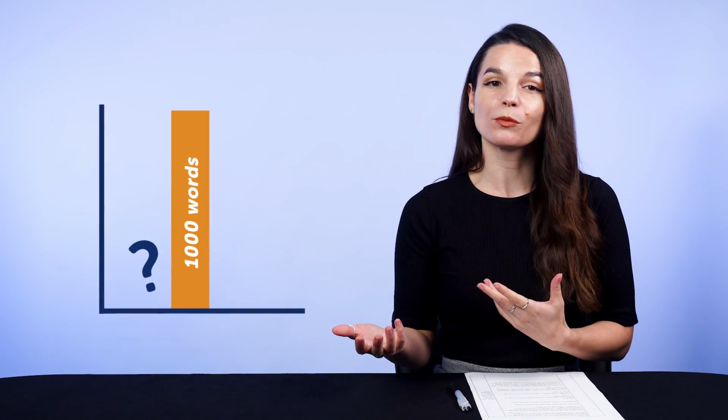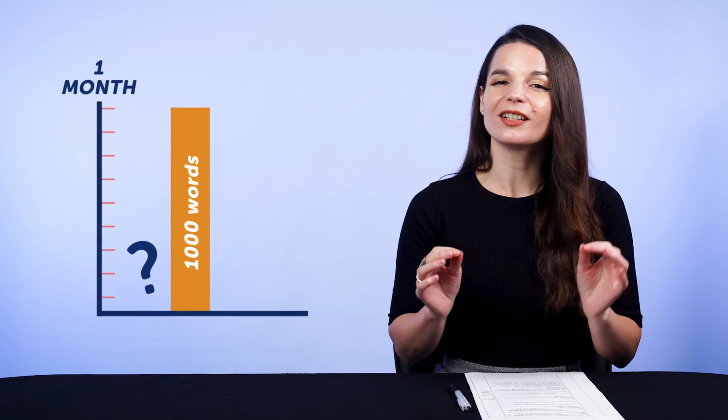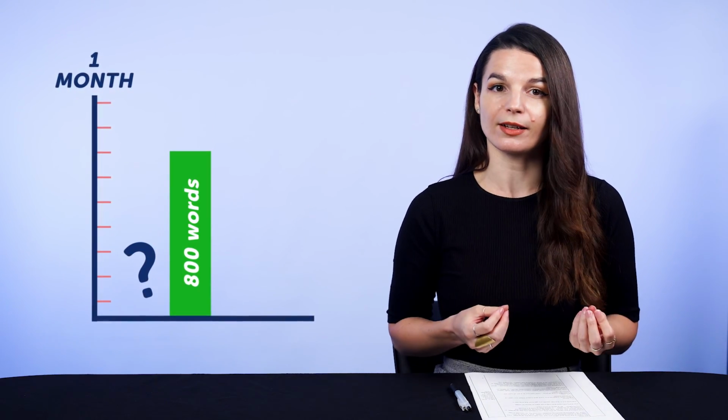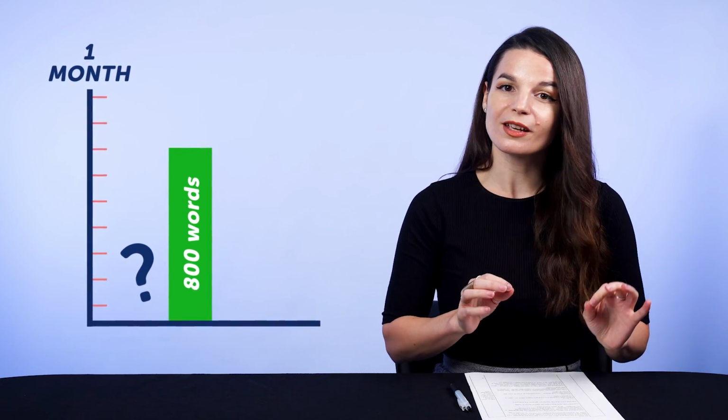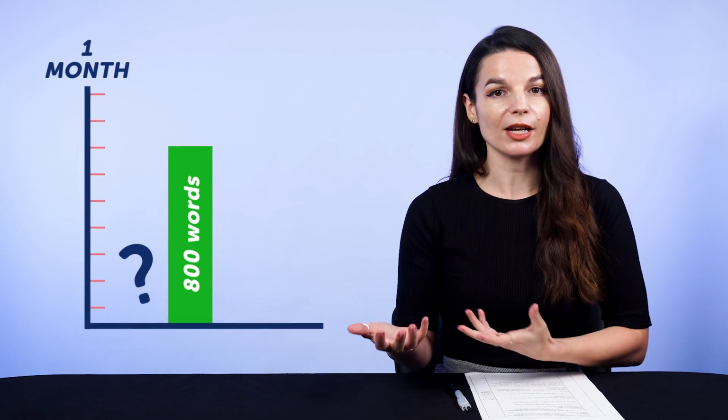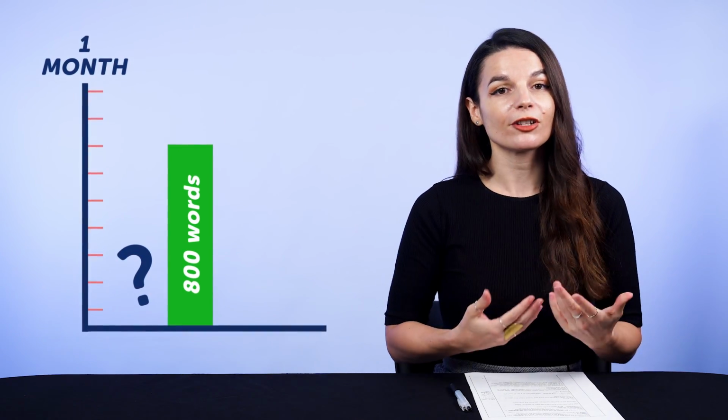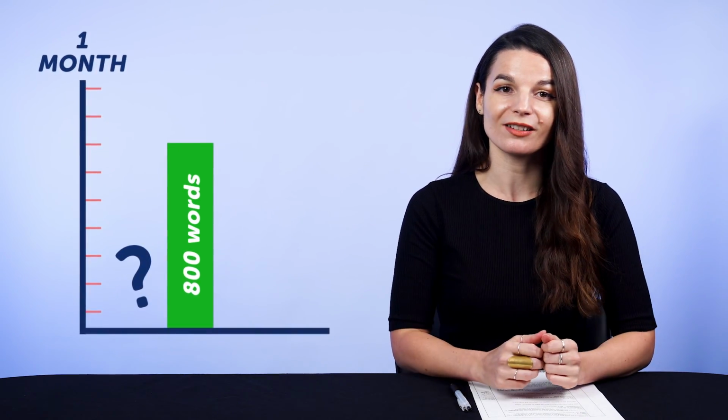Next, measure your results, or your output. You have to start doing output, whether it's a journal, texting your teacher, writing comments on our lessons, having conversations. You have to have that output and measure it. So if your goal is to learn 1,000 words in 1 month, but you only learned 800, then you know that with your current input, 800 is a realistic number. 1 month results in 800 words mastered. And because you know this, you can now improve by doubling your input or changing to a more efficient study method, like learning with flashcards.